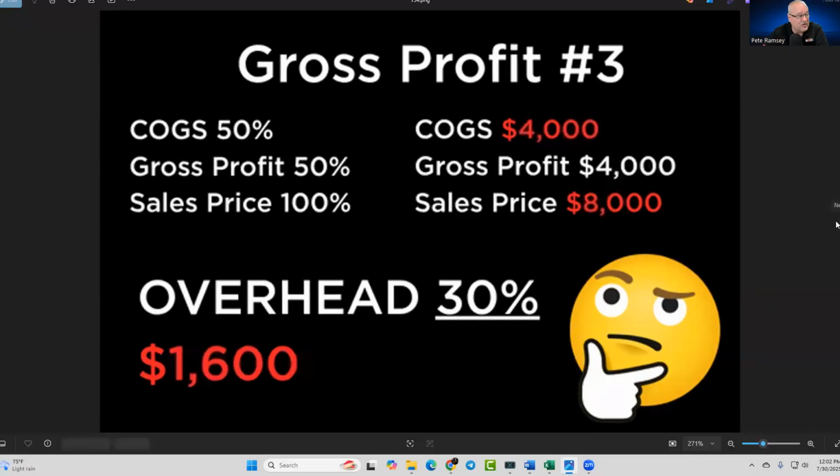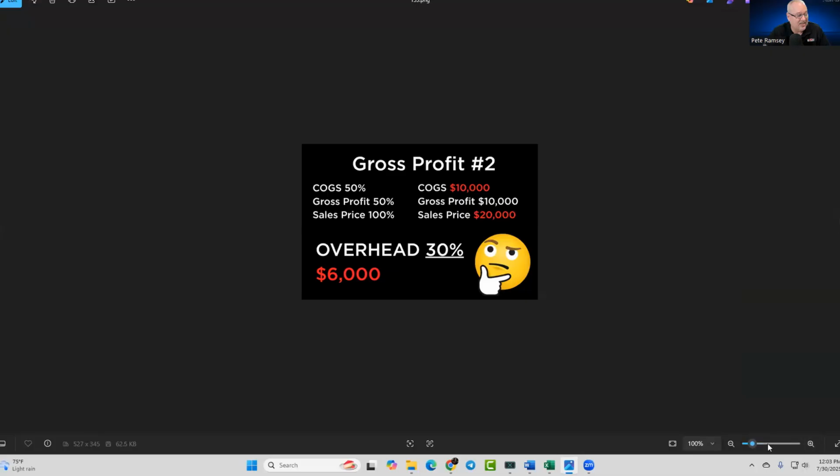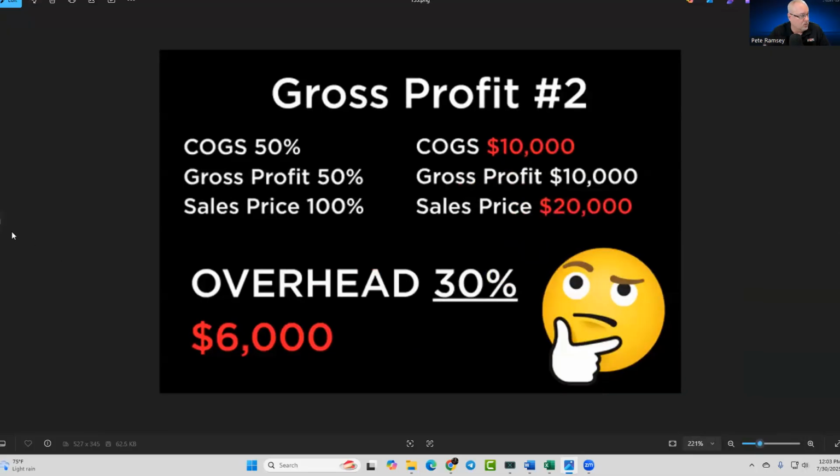Here's another scenario. What if it goes the other way? What if you were just doing a ductwork change for the day and you had two guys and you had all this ductwork and insulation, starting collar, everything that you did, and it came up to $4,000. You use the GP method. Now you're going to sell that job for $8,000, 30%. Got to pay the bills, right? Or $1,600. Now, wait a minute. On one job, you have $1,600 to pay the bills with. On the other job, you have $6,000 to pay the bills with.